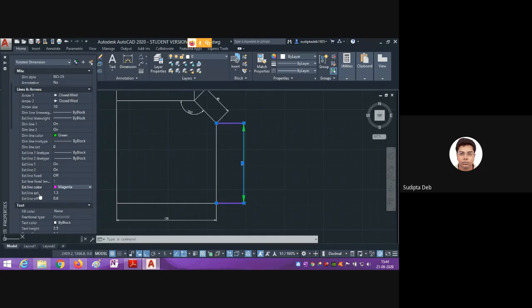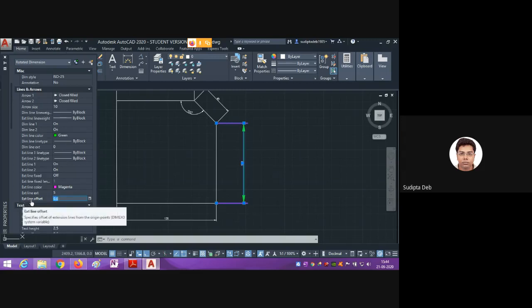Okay, now extension line extend. So extension line extend, what changes does it make? Try to follow. If I put here 10, what is the difference? The extension line extends beyond the dimension line. But 10 is a larger value, it is not suitable. I am changing to 7. Enter. 7 is also more. Suppose I consider 5. Enter. I think 5 is perfect.